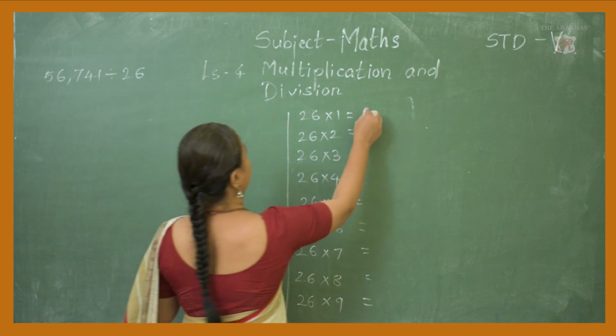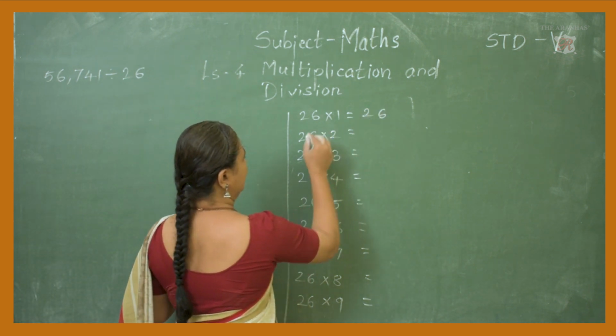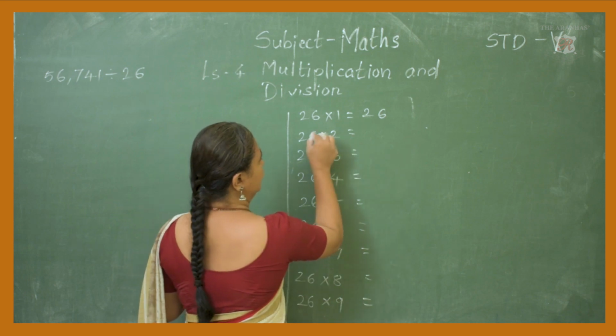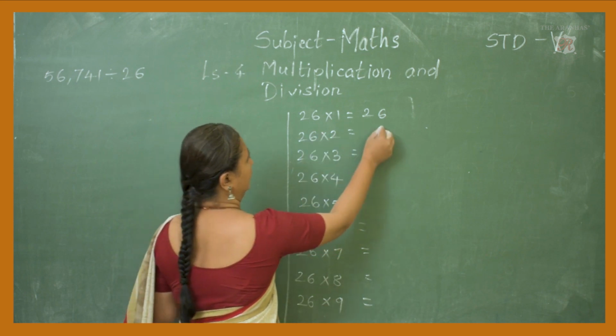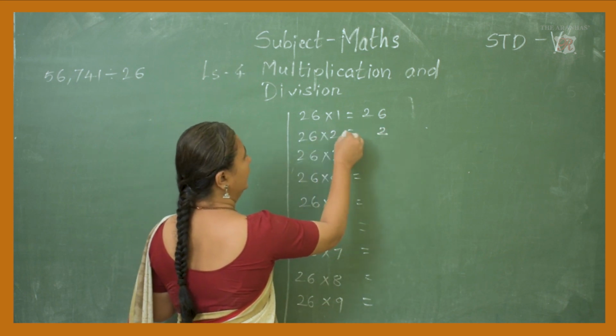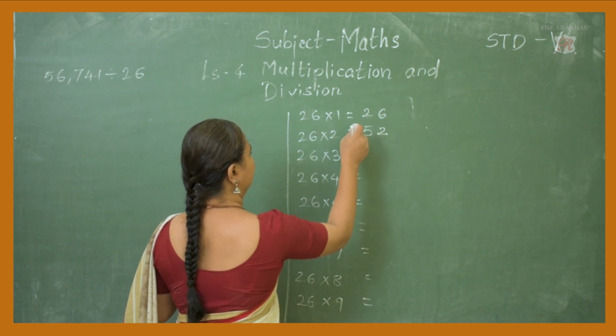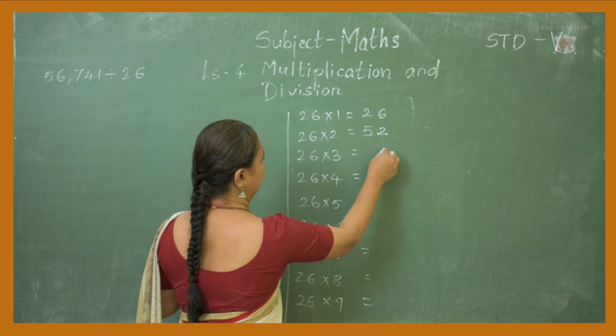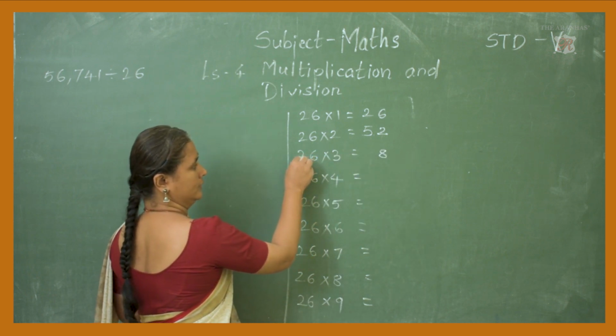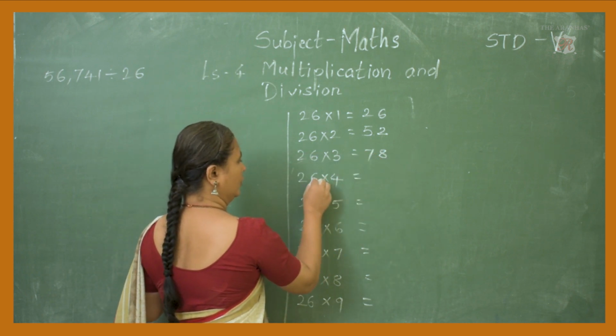Start. 6 1s are 6. 6 2s are 12. 1 carry. 2 2s are 4, plus 1, 5. 3 6s are 18. 3 2s are 6, 7. 4 6s are